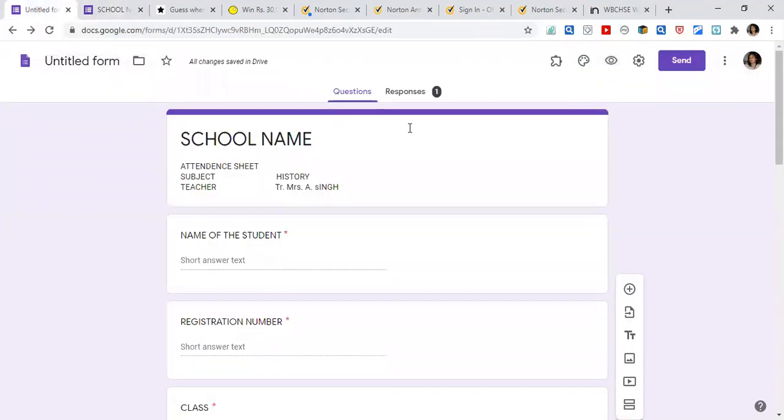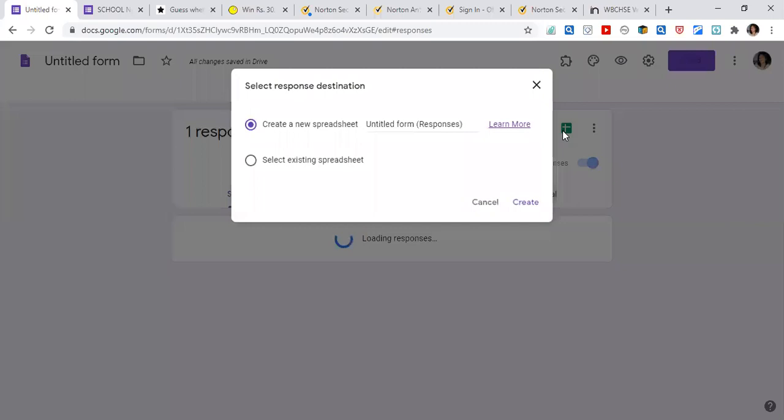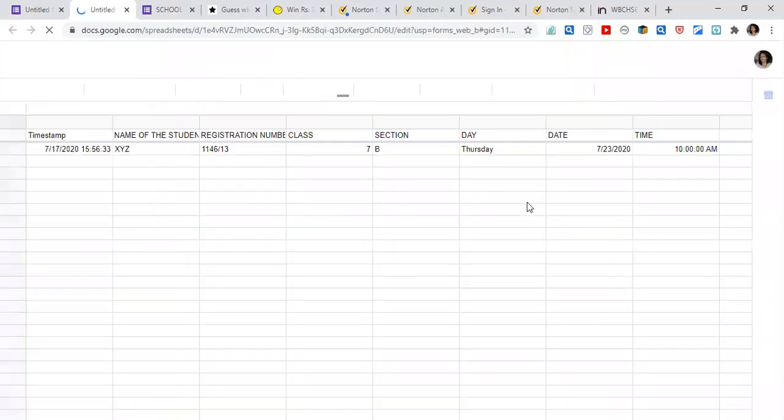Now, what are you going to do? As soon as you get the response, you will see all the children who are attending your Zoom class, their responses will keep increasing here. So as you see the responses all have been given, you click on responses. And then you click on the spreadsheet icon, then create, in order to take the record.